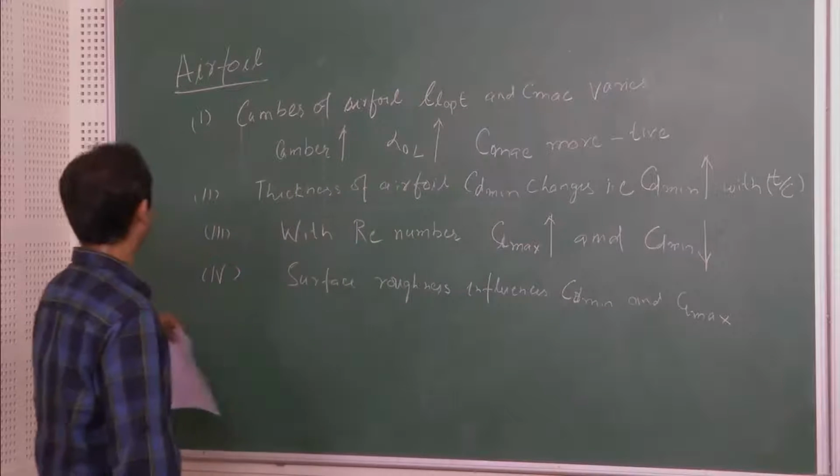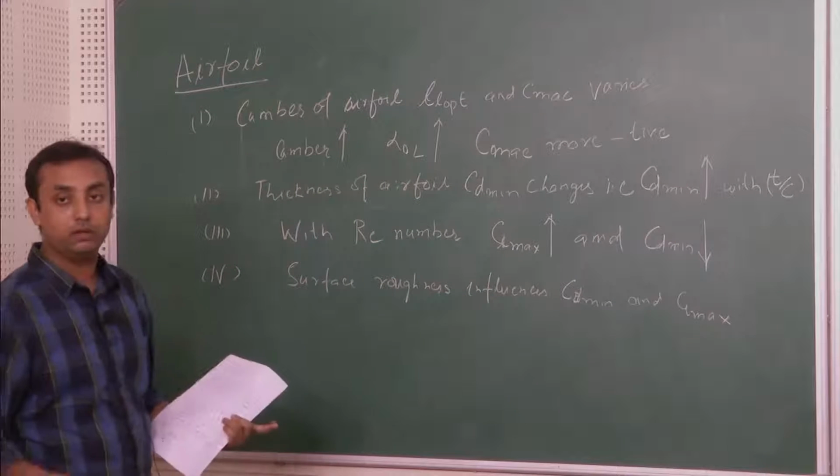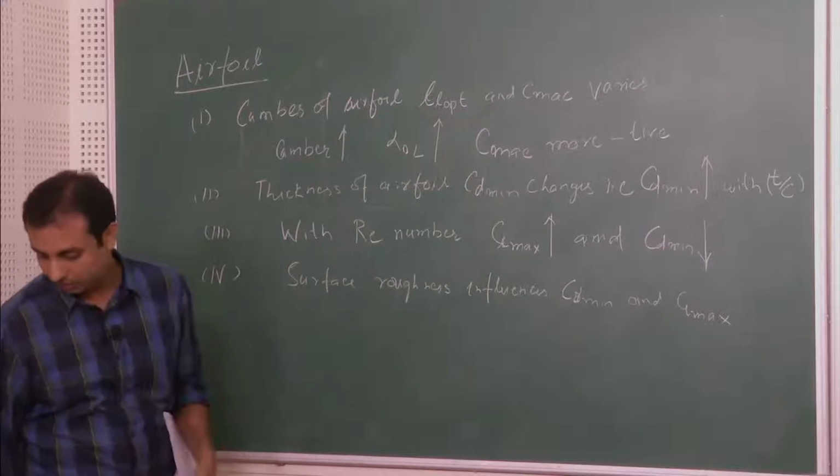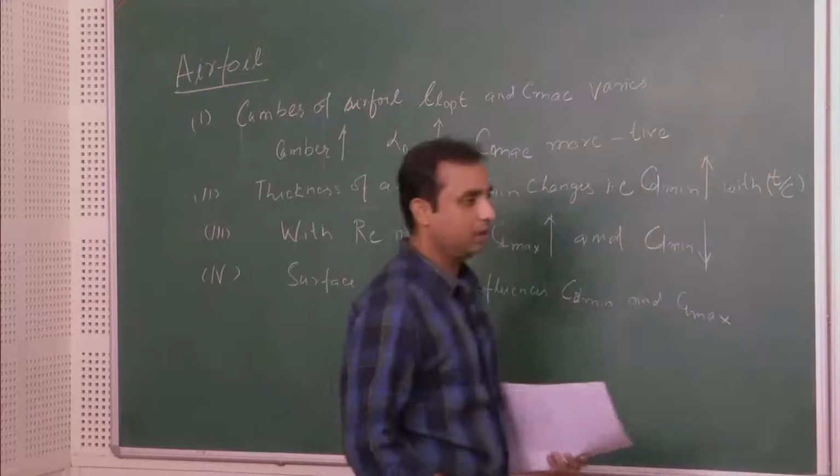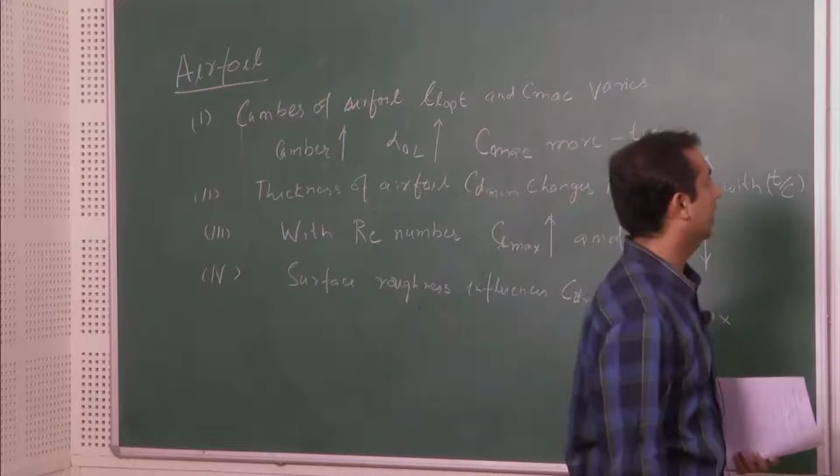These are the points we have to take into account when we look at an airfoil. Now there are different types of airfoils present. There are different series of airfoils, and some of them are